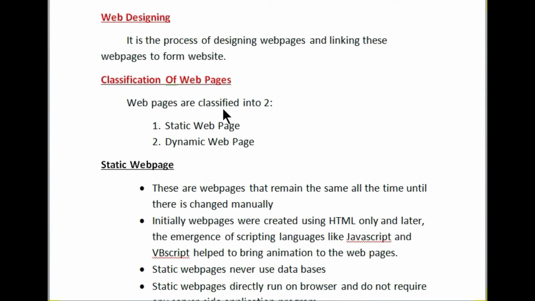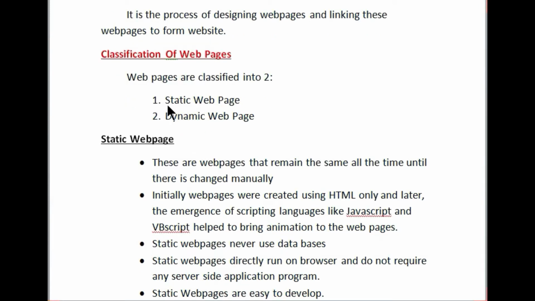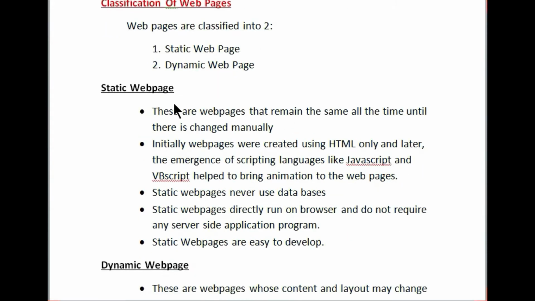There are two types of web pages. The first classification is static web page and dynamic web page. You are familiar with the terms static and dynamic, but here there is a slight difference from the previous meanings.